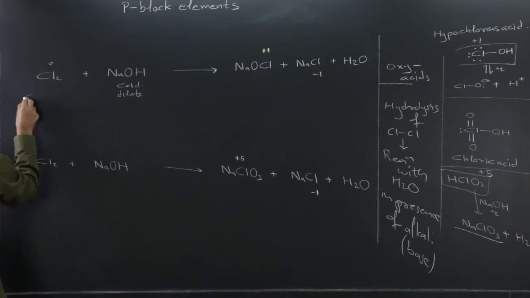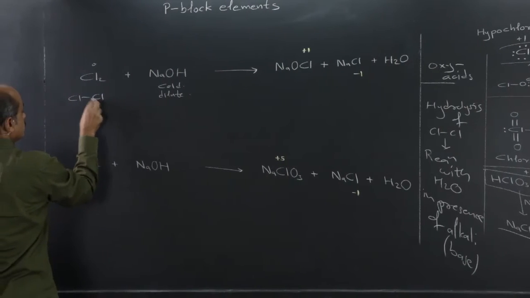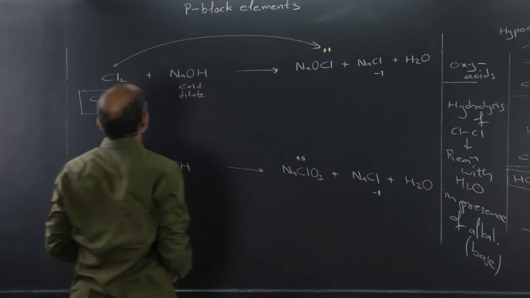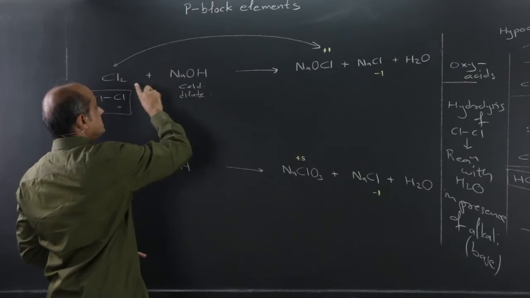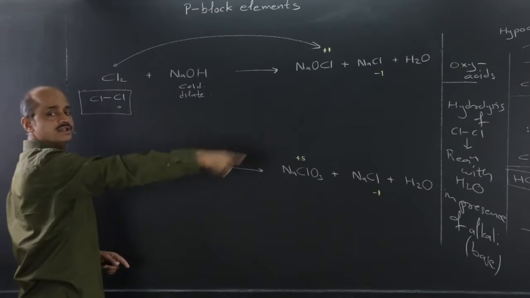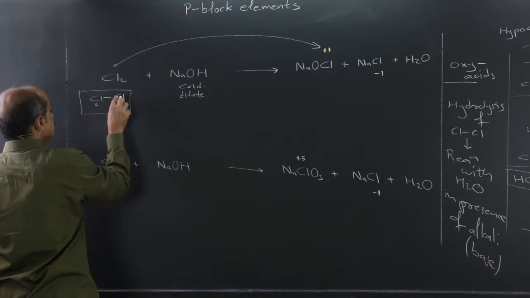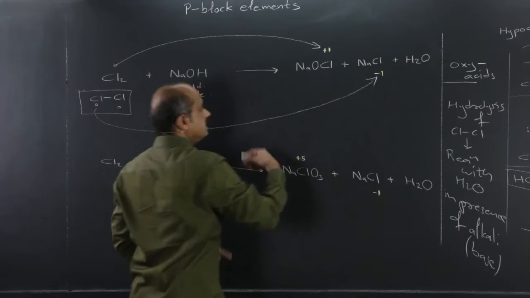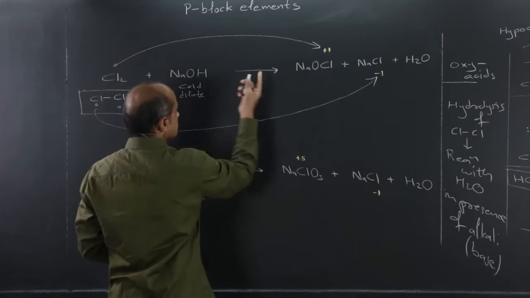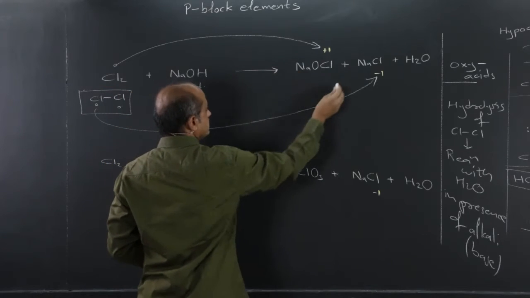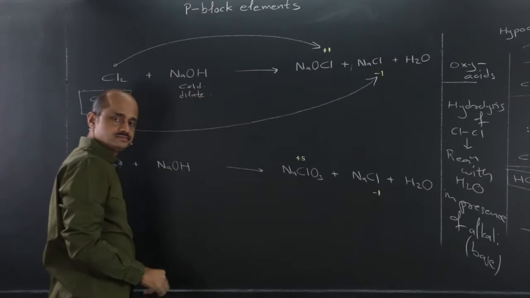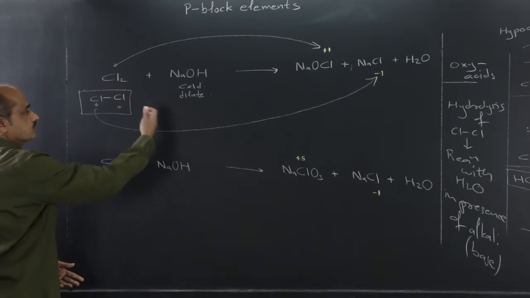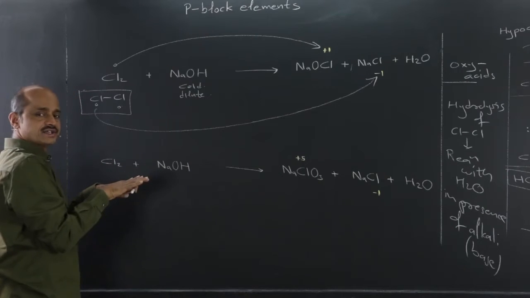0 chlorine, the same chlorine, changes to +1. If there is an increase in oxidation number of 1, there should be a decrease in oxidation number of 1. So this 0 chlorine changes to +1, and this one should change to -1. Increase and decrease are the same. Therefore, if it is 1 coefficient, here it should also be 1. Electronically balanced, increase by 1, decrease by 1. So electronically this reaction is balanced already.